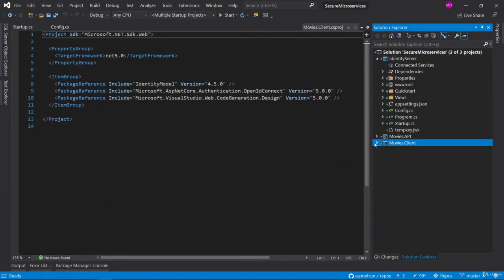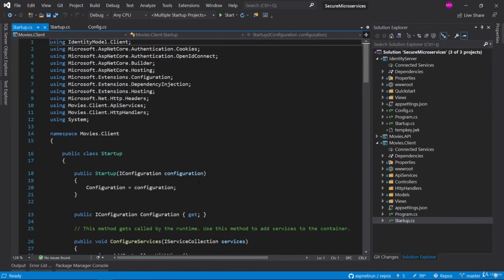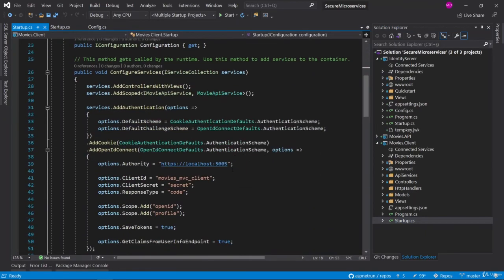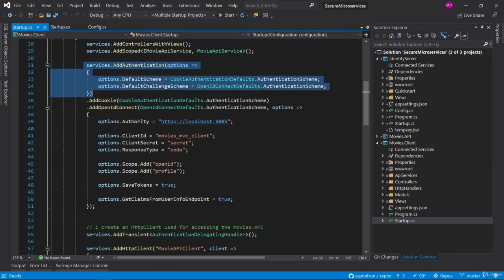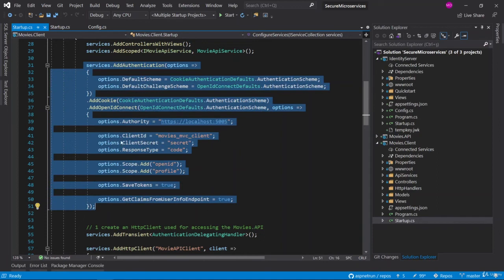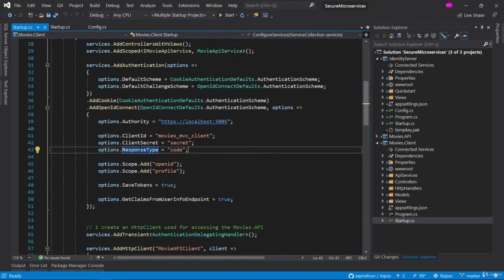So go to the MVC application. Under the Startup.cs, we have some configurations for OpenID Connect. Yes, these are the configurations for OpenID Connect. In this configuration, we should also update the response type of our interactive MVC client project in order to connect to the hybrid flow. Let's see, there is a response type. We already mentioned the response type and what it includes.